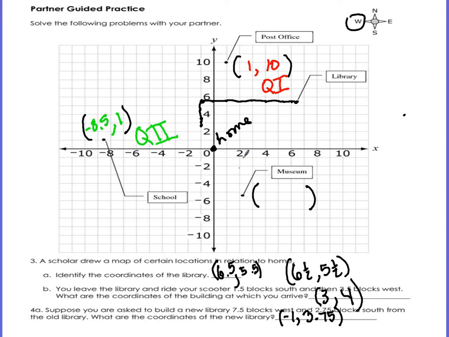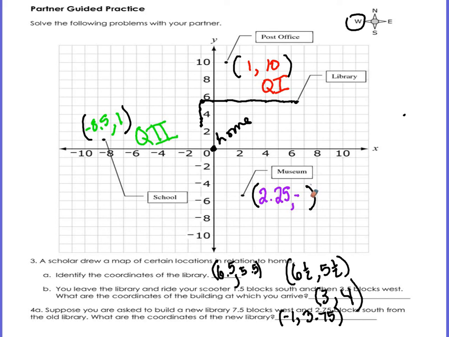And then the museum, it's not on 2, but it's not quite halfway. So what we're going to do is say this is 2 25/100. We are able to approximate because we don't have it split up that much, but you know that this isn't halfway. Okay, so you have to know that it's something smaller than halfway, which is about 2 25/100. And then it's down, so it's going to be negative, and it's just past the 5. And again, it's not quite halfway, so it's going to be